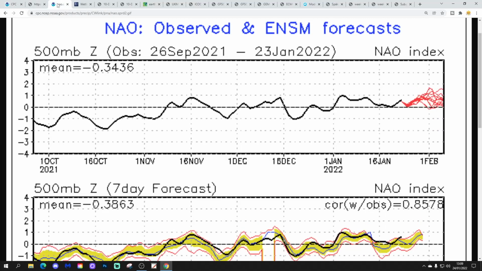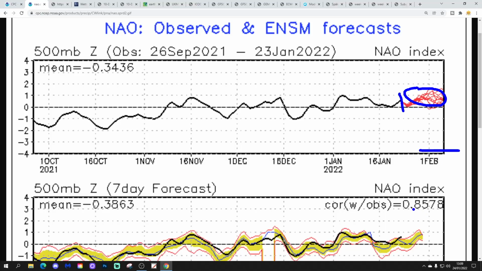In terms of the North Atlantic Oscillation, it looks like this. So again, we're just measuring air pressures with this, not driving anything. It just tells us what the atmosphere is doing. Again, we're measuring air pressure between Iceland and the Azores. When the NAO is positive, then we've got low pressure over Iceland and high pressure through the Azores, and it's the other way around for a negative NAO. Currently, the NAO is in its positive phase, just here. Not strong positive, only weak positive, but the GFS ensembles are forecasting that the NAO will go into an even stronger positive phase as we go into February.